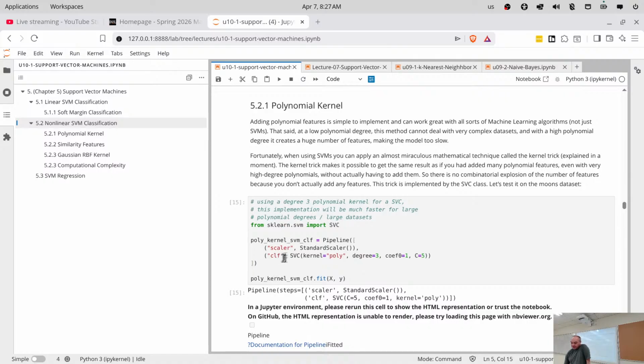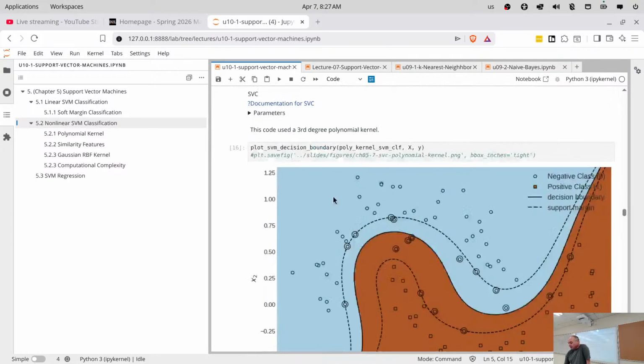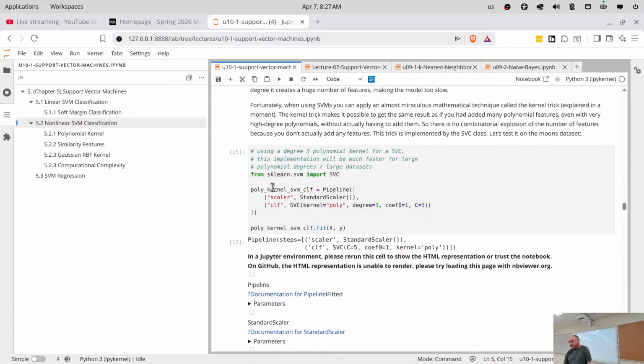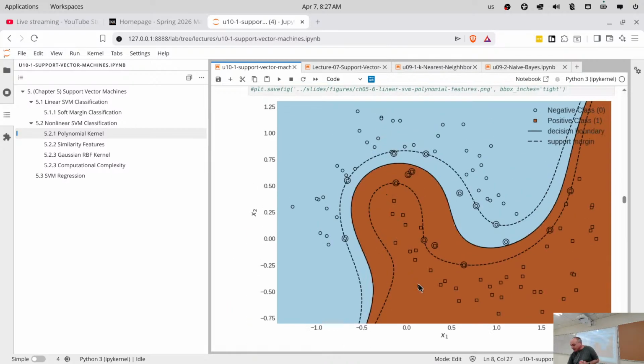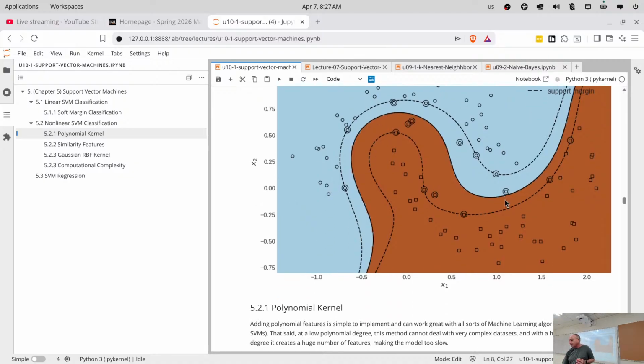Okay. So anyway, the downside of this, so this works. This gives you a nonlinear decision boundary, and you can think of that as an example of a kernel method. In this case, using a polynomial kernel is not going to give you good performance because it's basically exponential, right? So for this made-up data set, we've only got two features. So if we just use a degree 3 polynomial, we're only going to end up with an extra 10 or so features. And of course, you have to create all those features and then fit the model to those larger